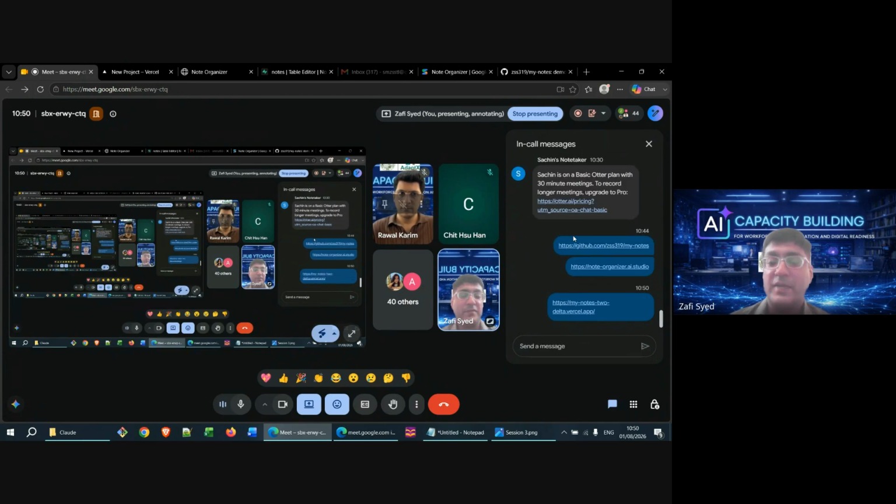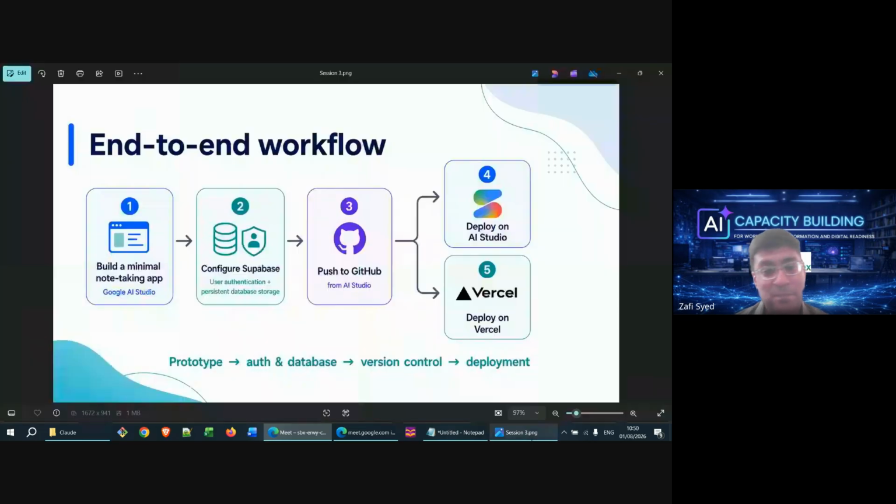So what we've done is we basically created an application using vibe coding. We configured authentication and persistent storage. Then we pushed the code to GitHub. This is incredibly essential, and I'd always recommend that you do so. And then we deploy the application on AI Studio. If you don't want to leave the environment of AI Studio, except for Supabase, I would recommend that you use Supabase for authentication. You could use Google products like Firebase as well. So use this, and if you're happier with Vercel, you could use this.